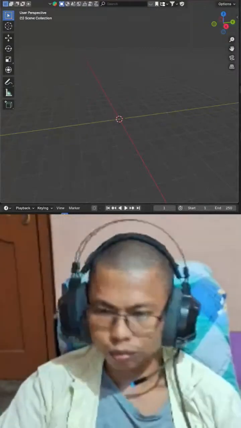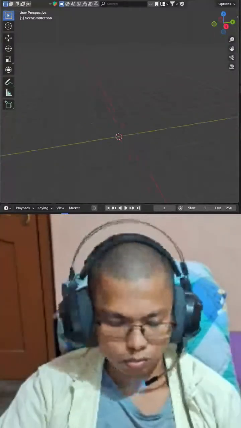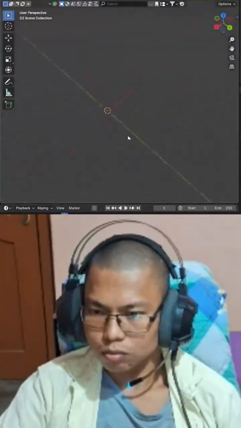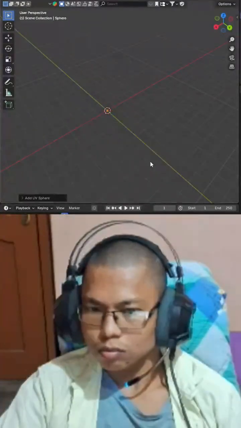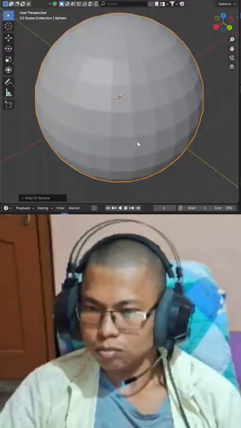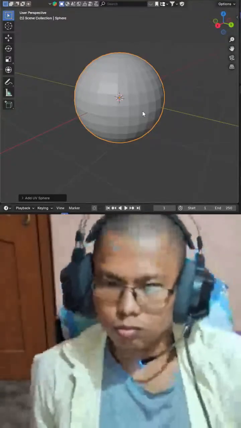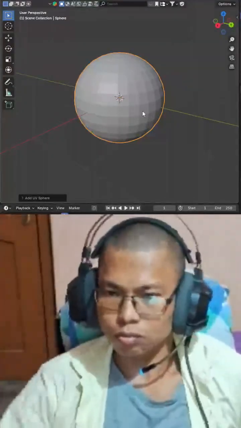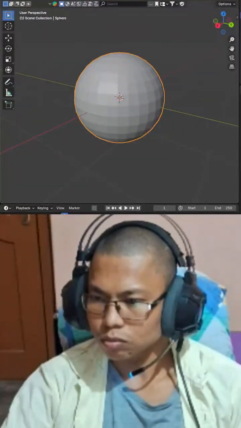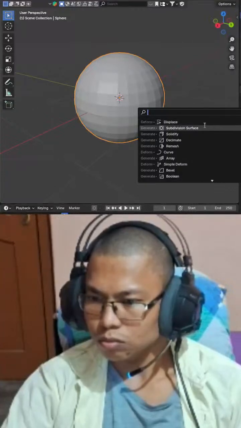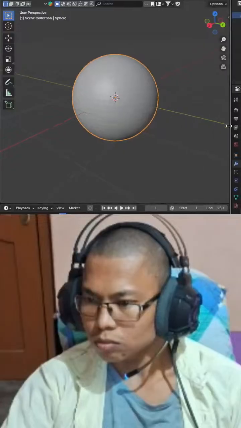First of all, let's go and I'll clear the scene and add in a new sphere. The sphere will be the basis for our effect, so let's add that in. We want to add one material, one for the outside, and another material that we'll be using for the inside, just like that. So next up, what we want to do is enable the cell fracture add-on, which is pretty simple. Just go into your user preferences, go into add-ons, type in cell fracture, and you should see it right here, the first option. Make sure this checkbox is clicked, save your preferences, and then what we want to do